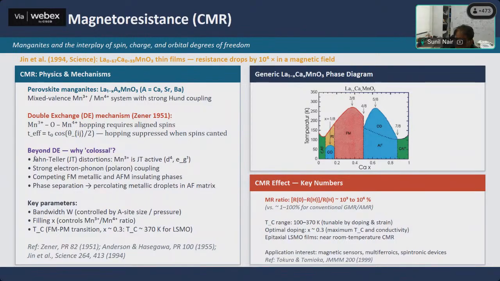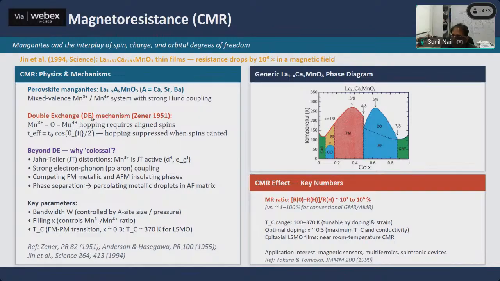Now, I don't think I have enough time to go through what all of this means. There is a very interesting mechanism which gives rise to ferromagnetism in the case of manganites, and that is known as Zener's double exchange. And this basically happens because, if you're starting with the parent compound, which is LaMnO3, manganese is always in 3 plus. The moment you start doping holes, you will have some of the manganese sitting in 4 plus. And this is an indirect exchange system, which means that you have the two magnetic ions being separated by an oxygen ligand.